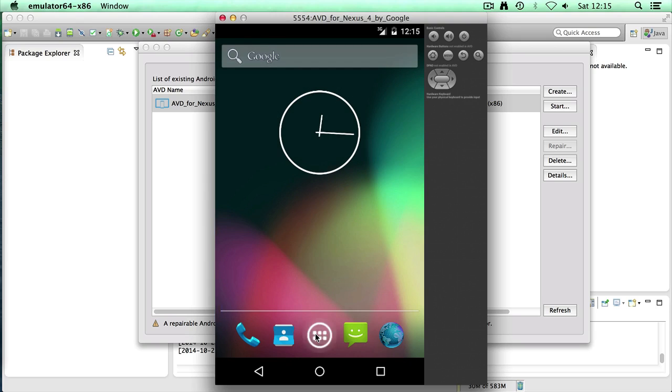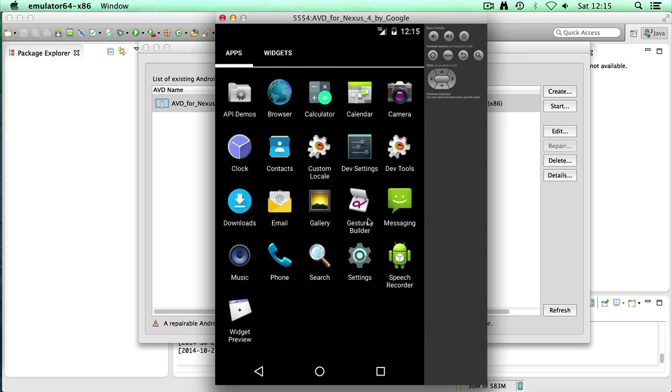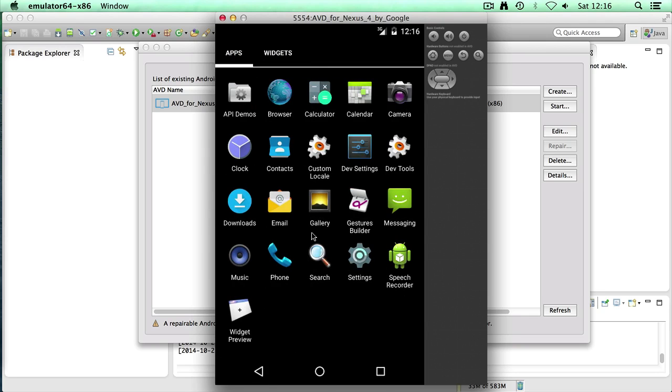We can click on here for a list of apps. Let's close that. It's coming up with some help because it's the first time we've used it. And we can just use our mouse to swipe left and right as we would normally do. So we've actually got a real device now here that we can actually use, and we can deploy our apps to this device for testing purposes. So you can see how this would be very handy for testing purposes, because you can actually leave it running on your computer, and as I'll show you in a future video, you'll be able to run the applications directly